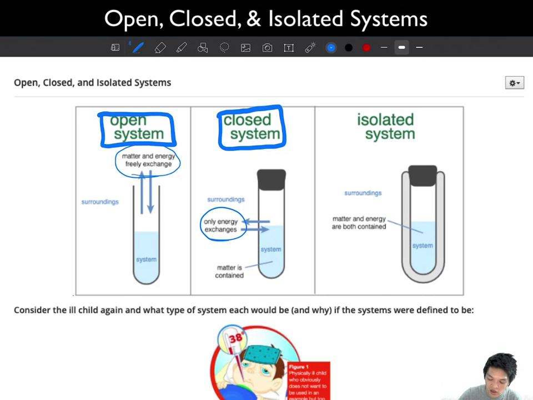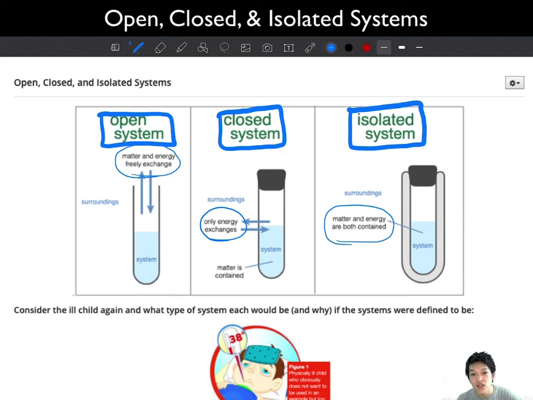The last type of system, super simple: isolated systems, and it's in the word isolated. It means it's all by itself, right? So in this picture we have a cap, so material matter cannot go in or out. And we also have this coating on the outside. What is this? This is insulation. Insulation is sometimes put on things when you do not want energy to escape or you do not want energy to go in. So in an isolated system,